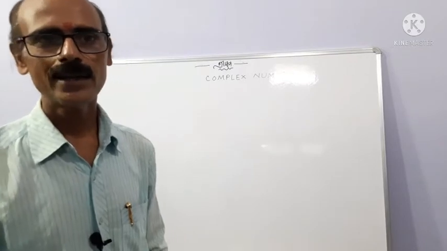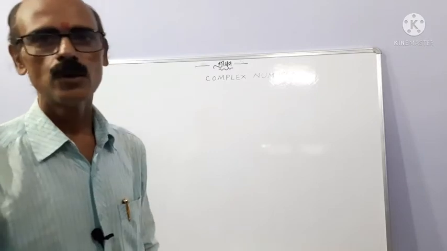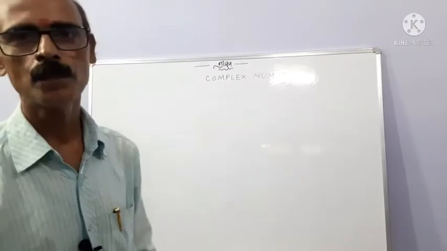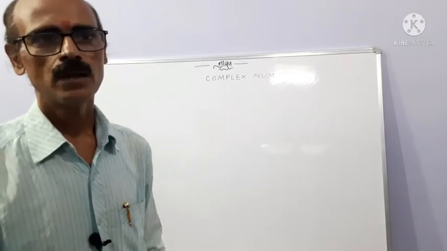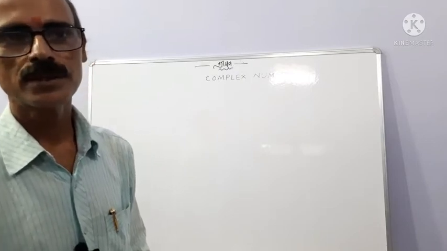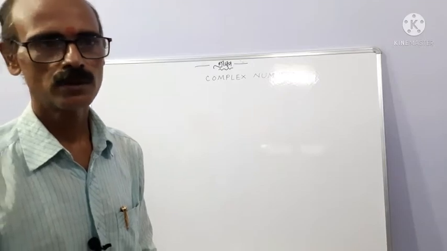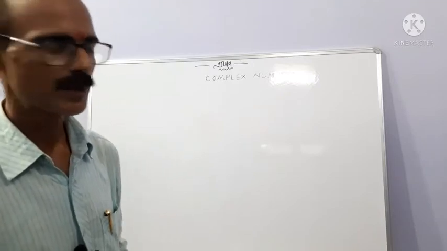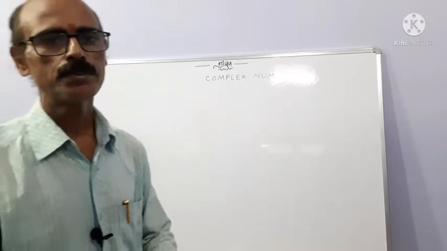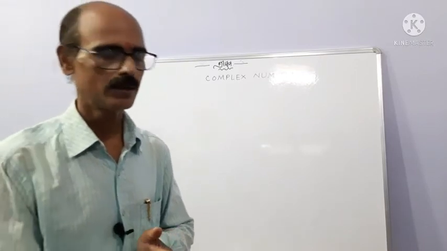When we are reading about waves and oscillations, we use the Fourier transform, and this Fourier transform is based on complex numbers. Similarly, electromagnetic theory, electronics, quantum physics, everywhere this complex number is useful. So we should read these complex numbers, and we will start with a brief revision of complex numbers, what we have read in +2 level.